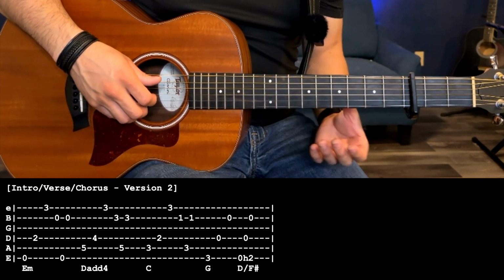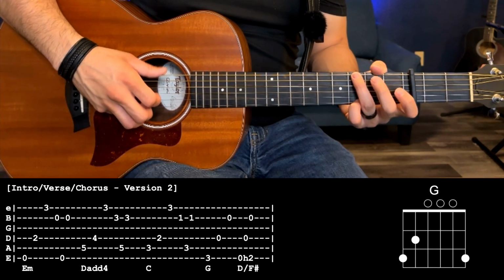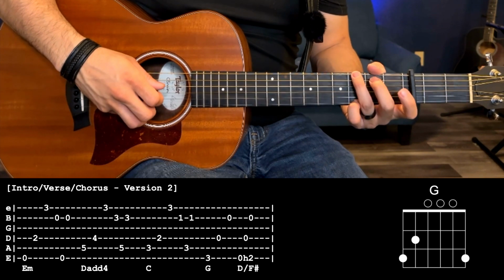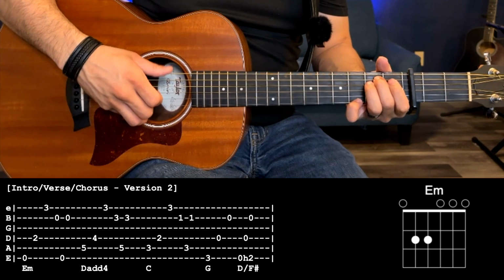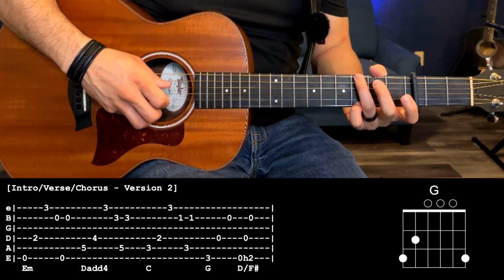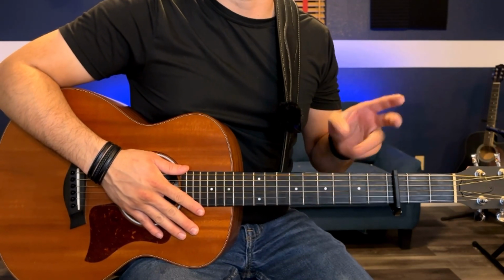So all together it'll sound like this, and I'll play it a little bit slower. And now regular speed. So that's version 2. Alright, so if those 2 versions you just saw were too difficult, this is the most